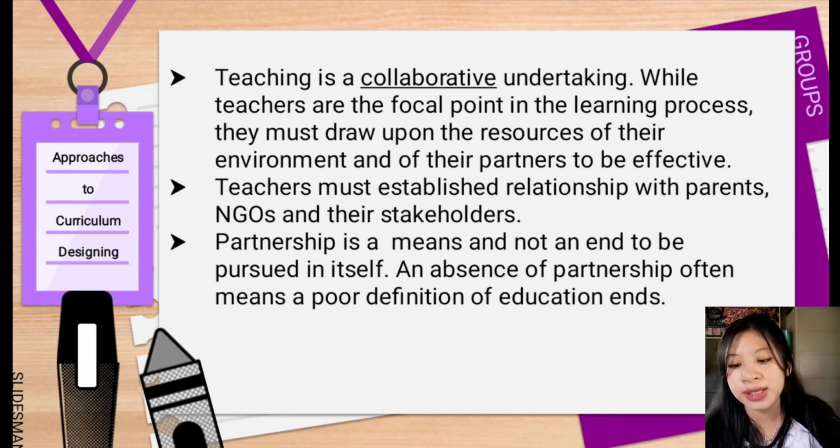Partnership is a means and not an end to pursue in itself. An absence of partners often means a poor definition of